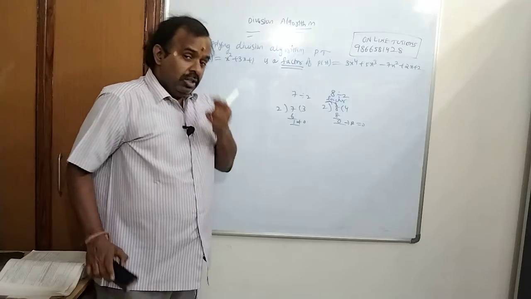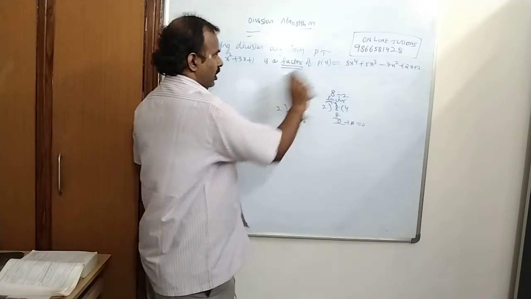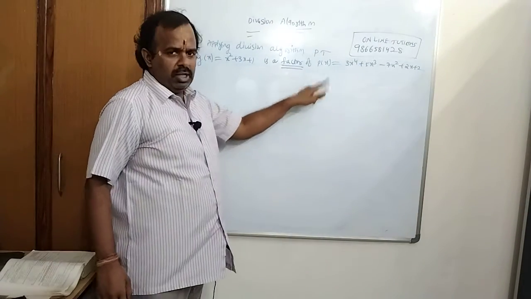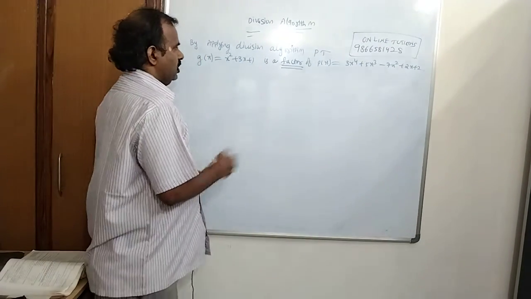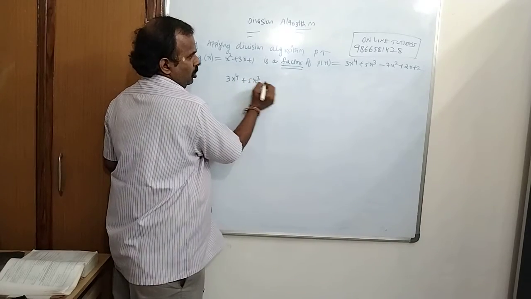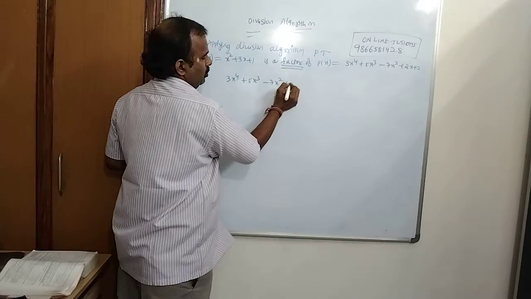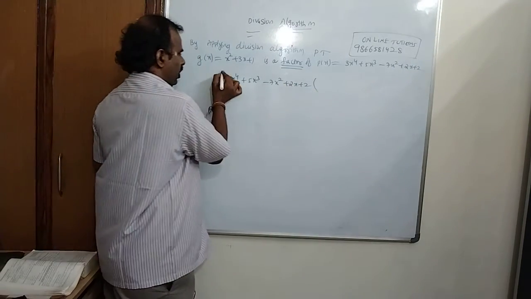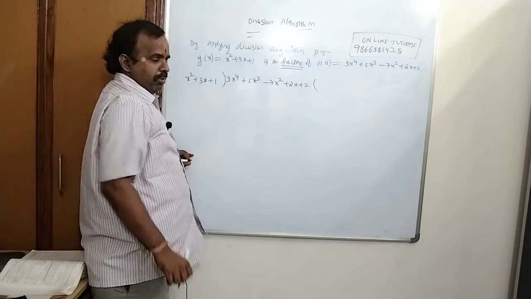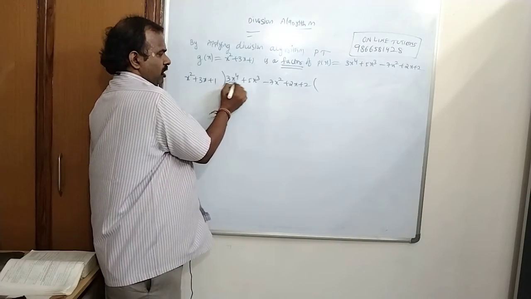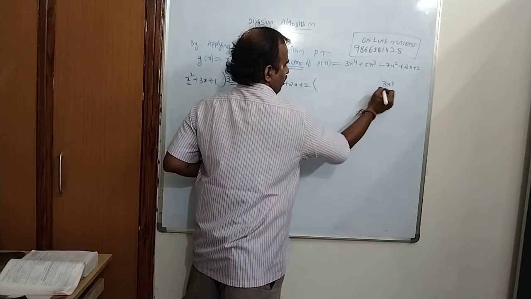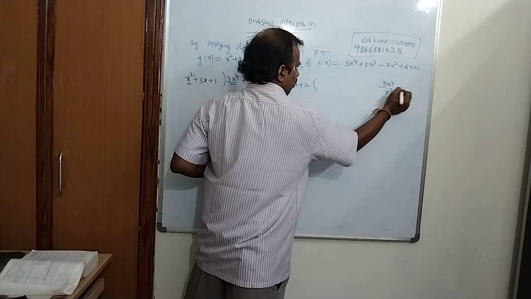So indirectly he is giving you one hint: he is asking you to prove that it is a factor, which means the remainder should be 0. So first let us take 3x power 4 plus 5x cube minus 7x square plus 2x plus 2, and this is x square plus 3x plus 1. Now take the first term 3x power 4 and here it is x square. So 3x power 4 by x square,